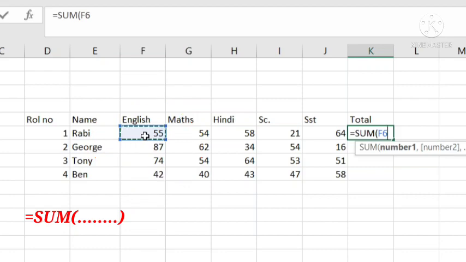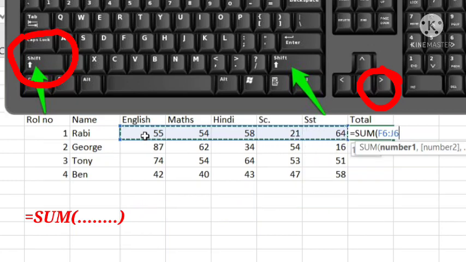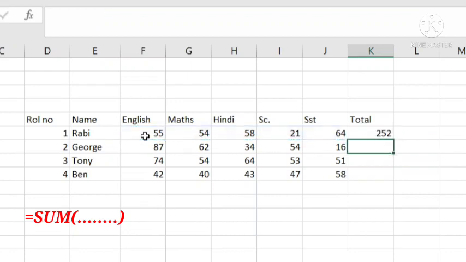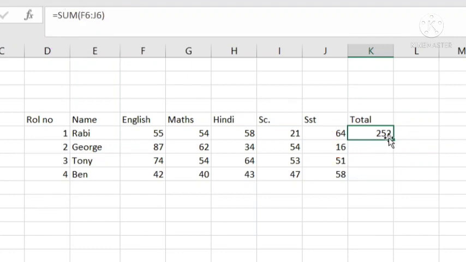After that, press shift and the right arrow, and select everything, meaning the marks up to where you want. After that, give a close bracket and press enter. So your marks are getting added. Your formula is seen here. If you want to edit, you may edit it from here.